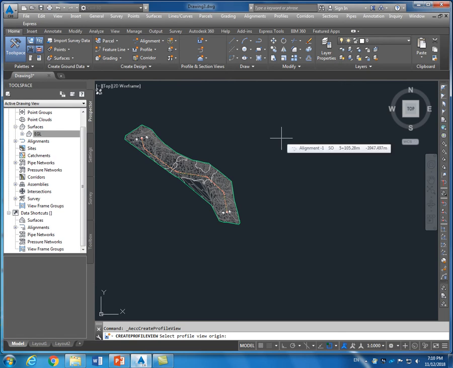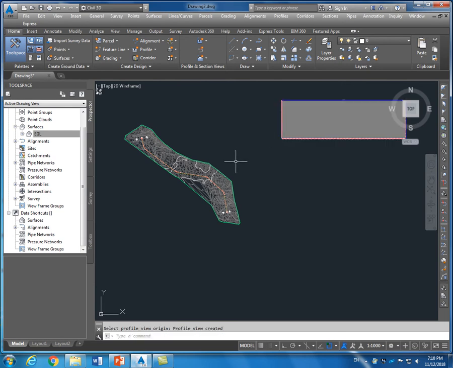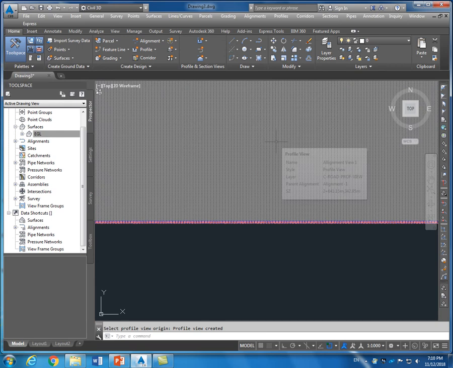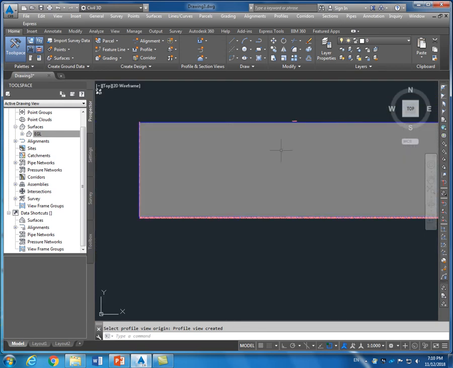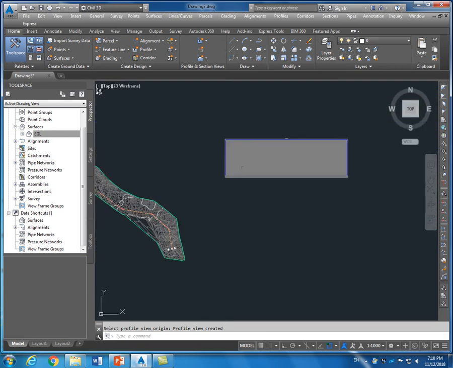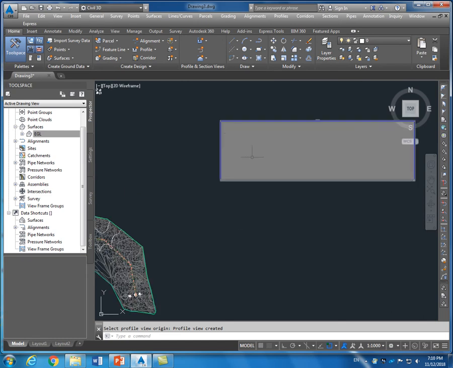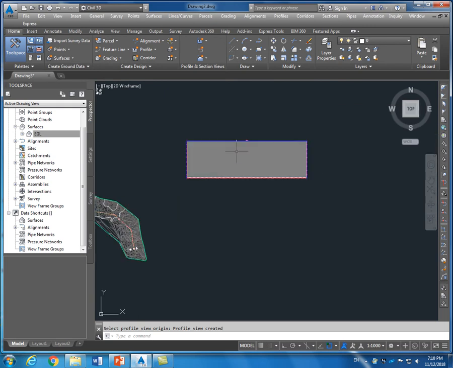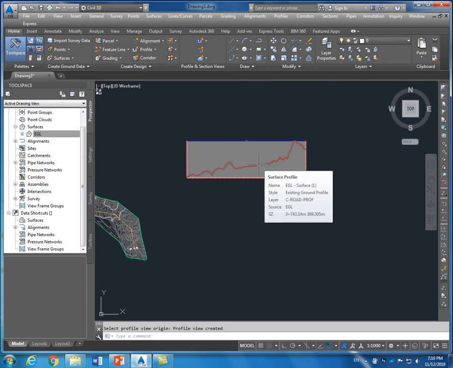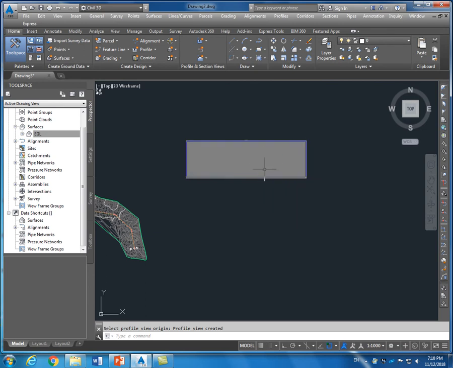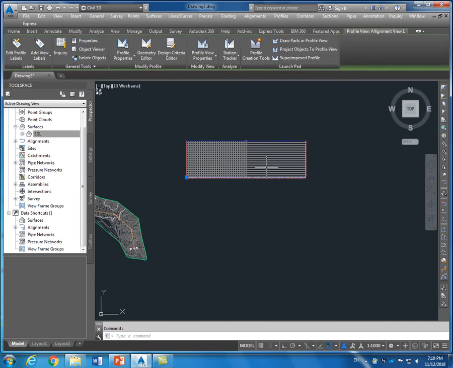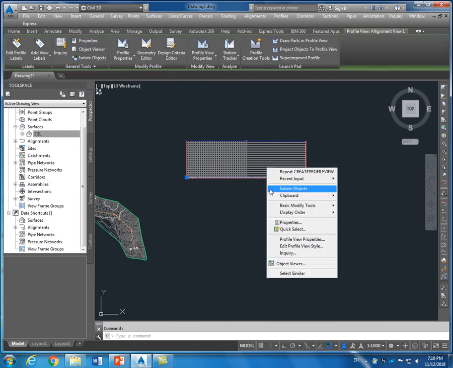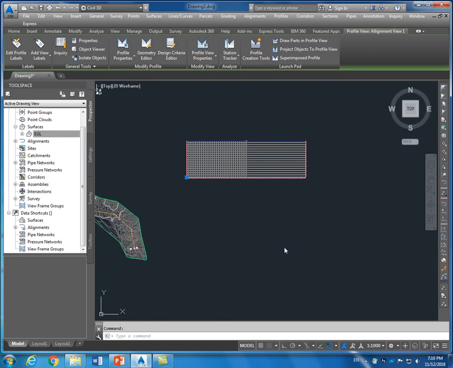Now click on the create profile view here, and in any empty space just click on the screen. This looks too dense, so dense that you cannot even see the vertical existing ground. So what we can do to, yeah, here it is showing up. What we can do to see it properly, select this one first, right click, edit profile view style,